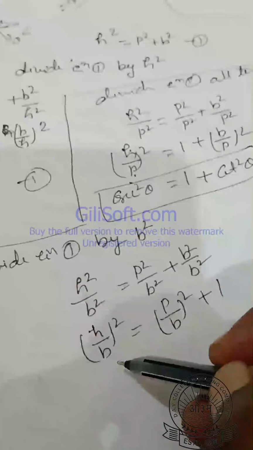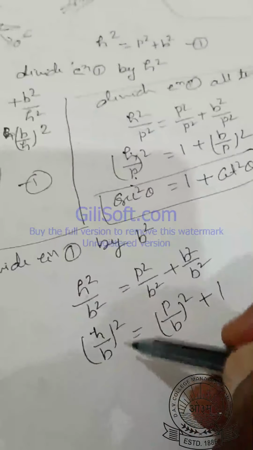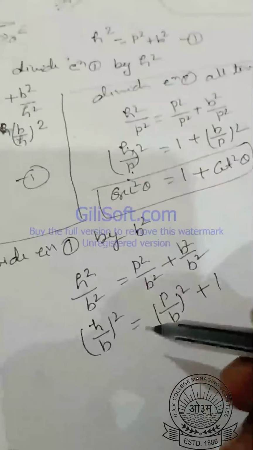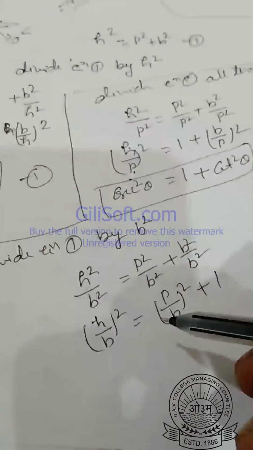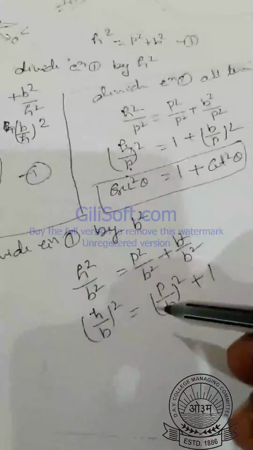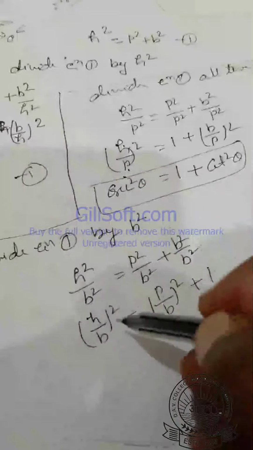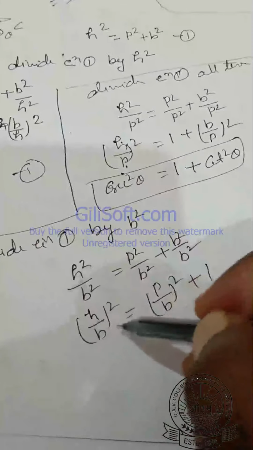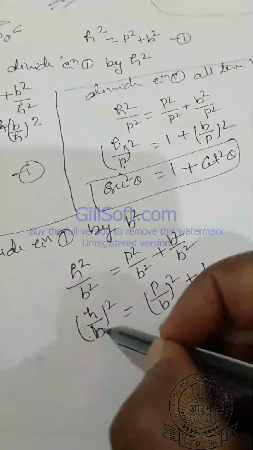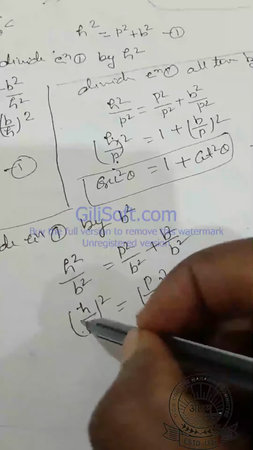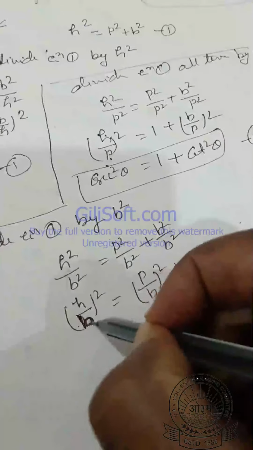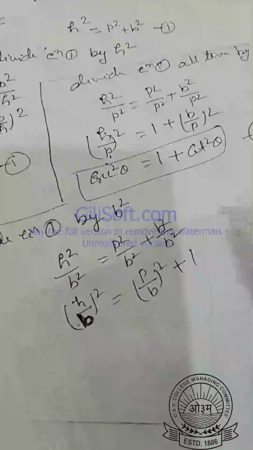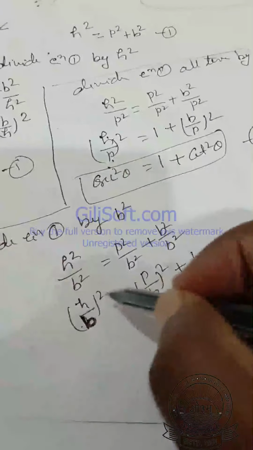Look here, h by b is just opposite to h by b. This means